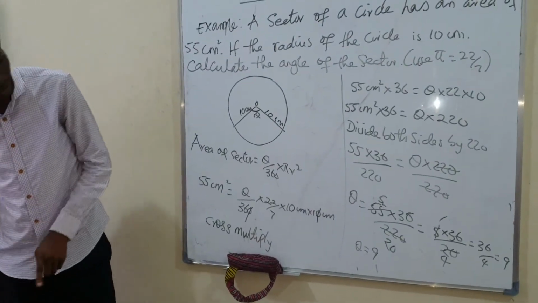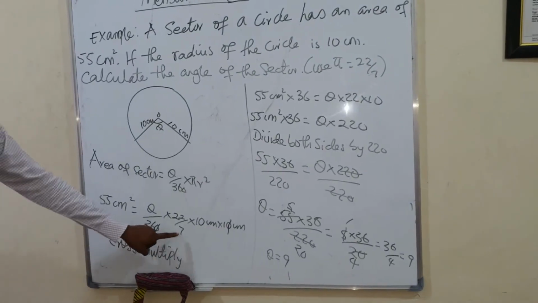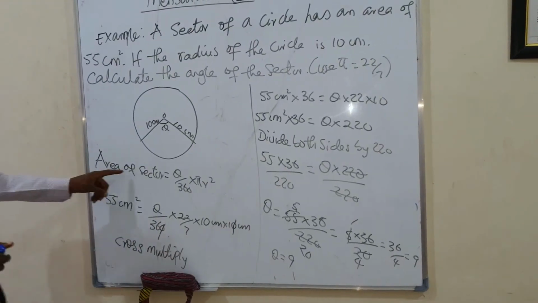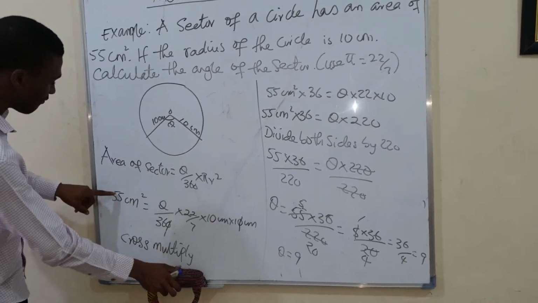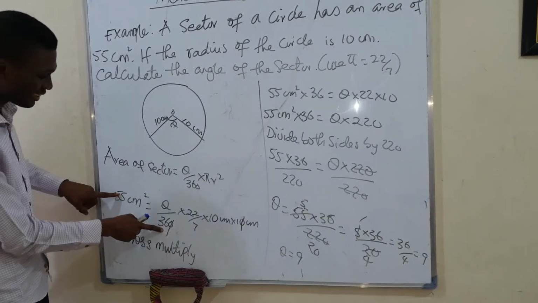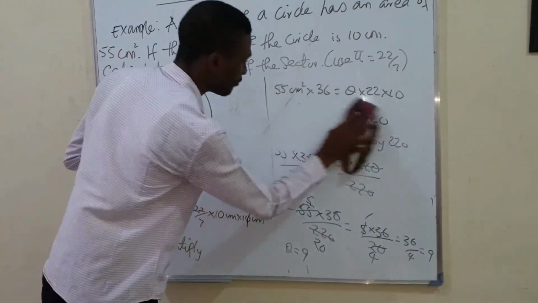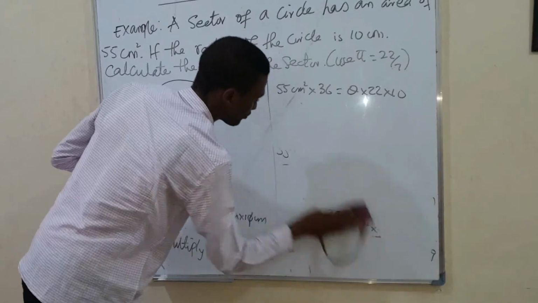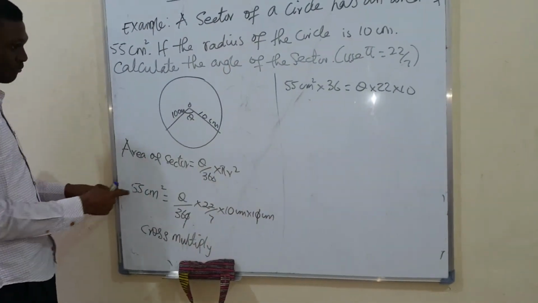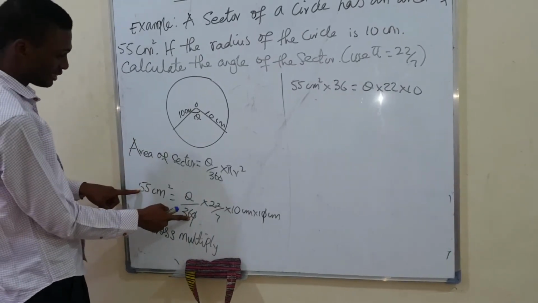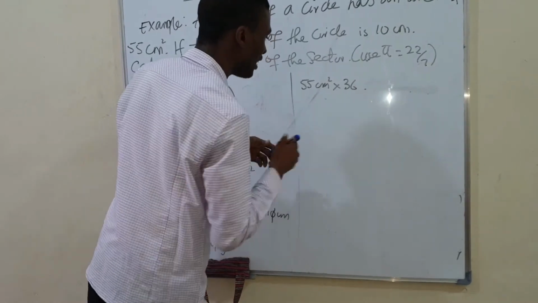Let us go through it again. I think we missed 7 here. Okay, area of the sector is given as theta over 360 times pi r squared. When we cross multiply, we have 55 times 360 times 7. We missed it. Sorry. From here, after simplifying, when we cross multiply 55 times 36 times 7, I didn't see 7. So times 7